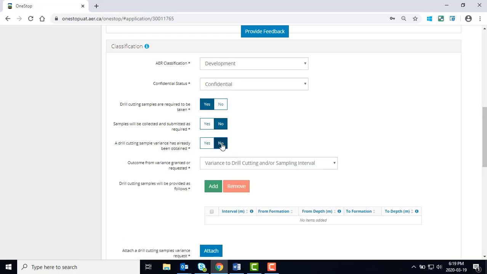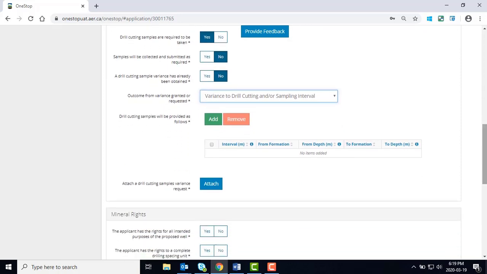When you select No to a drill cutting sample variance has already been obtained, it means that you are requesting an in-application variance. Use the drop-down options to select the necessary details for the variance requested. Variances include no drill cutting samples required, which means you are requesting a variance for a full reduction to no